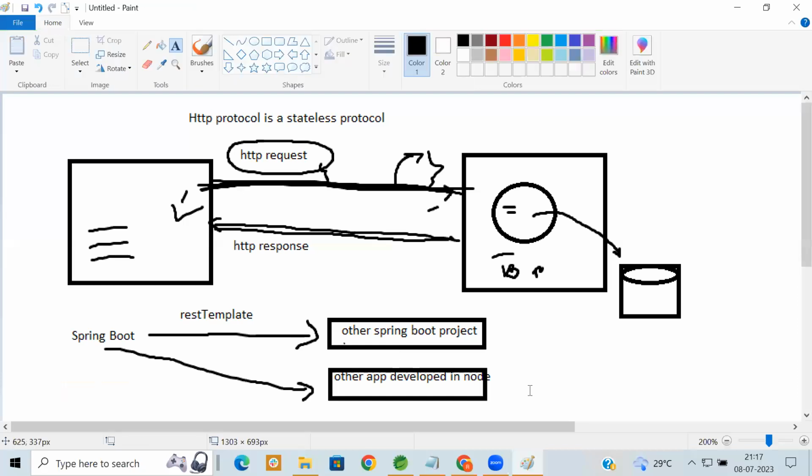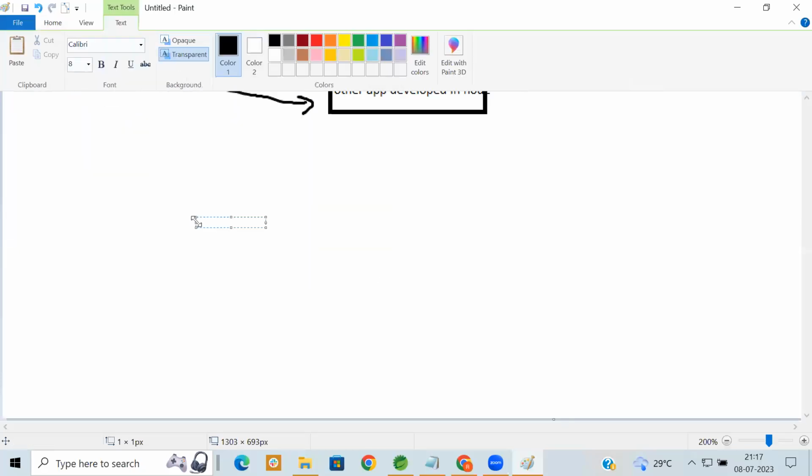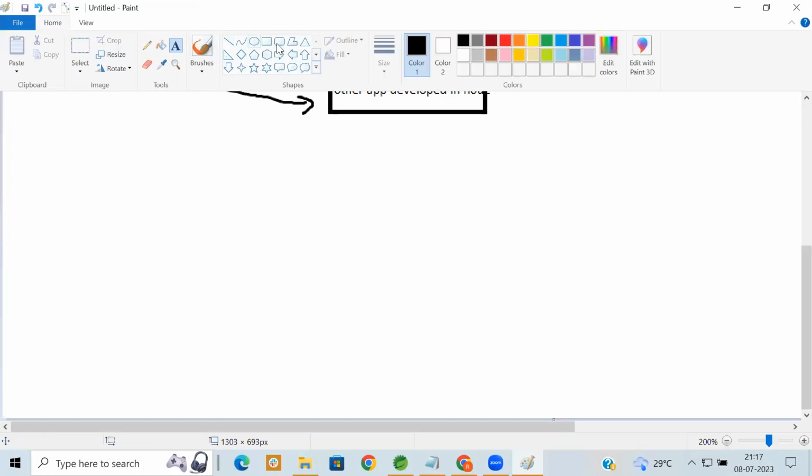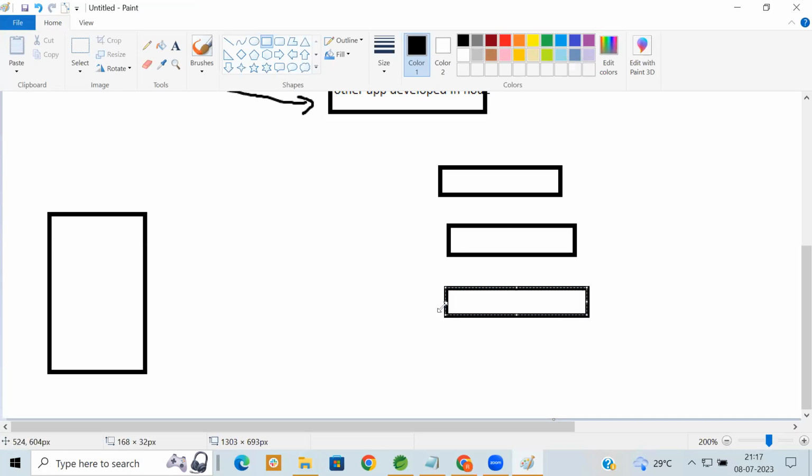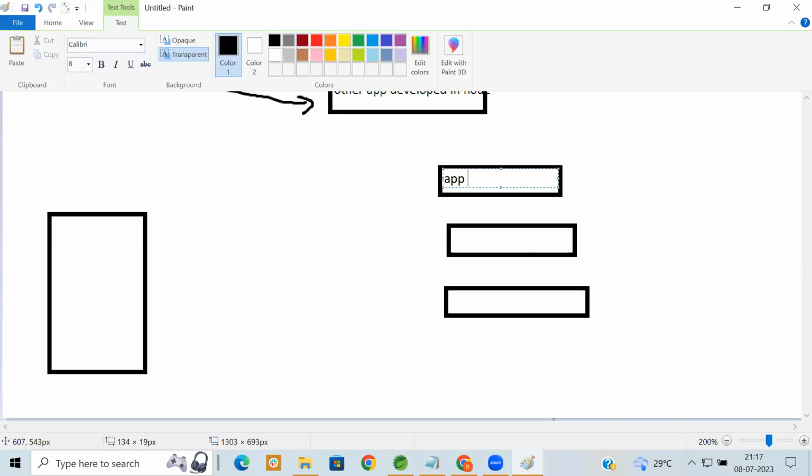Try to understand this point very easily. This example will give you clarity about Apache Kafka, RabbitMQ, and whatever messaging tools we have. In that, what used to happen? And by the way, WebSocket also works on this particular model only. So here is your client, and here are your different applications. The application can be created in Node, and the application can be created in Java. So application in Java or Spring Boot,